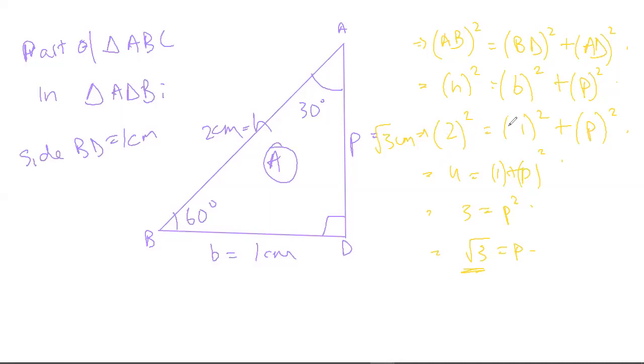So 2 whole square is equal to 2 into 2, which has the value 4. 1 into 1, 1 whole square is equal to 1 plus P square. So the final step is 4 is equal to 1 plus P square. 1 from the RHS goes to the LHS and its sign changes and becomes minus 1. So 4 minus 1 is 3, equal to P square. And the square present on the RHS goes to the LHS, and square from whichever side goes to the other side becomes root. So the square goes to the LHS and becomes root 3. So the final perpendicular in triangle ADB will be root 3 centimeters.